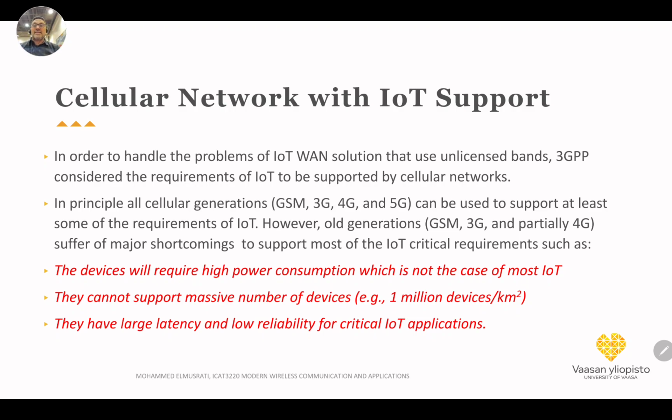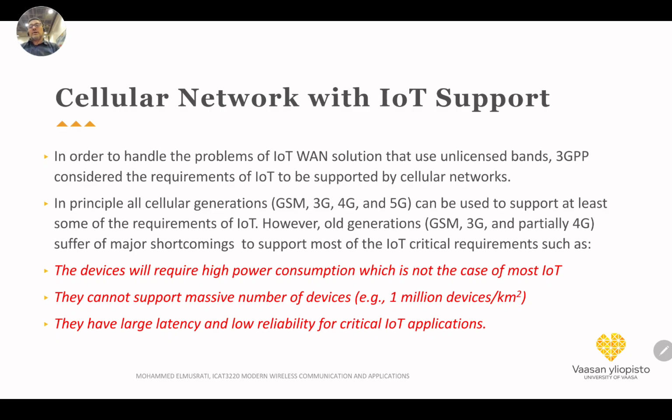Okay, now what is the cellular network support for IoT? So now we talked about standalone support like LoRa. Now we talk about the cellular network. The need for the cellular network, as I said, is because in many applications we need critical mission IoT devices. In those critical missions, the time delay is restricted to 1 millisecond or a few milliseconds, and we need a reliability of 99.999%, for example, and an availability of 99.9999%, and it is in a remote area, where standalone low power wide area technologies like LoRa